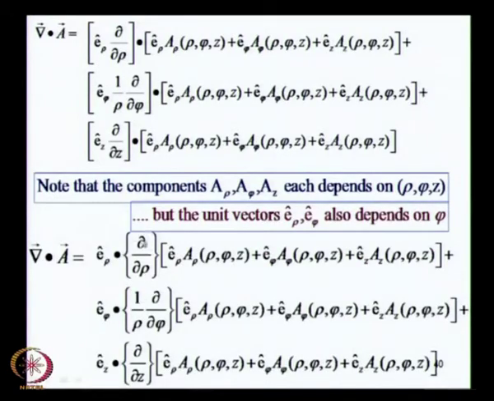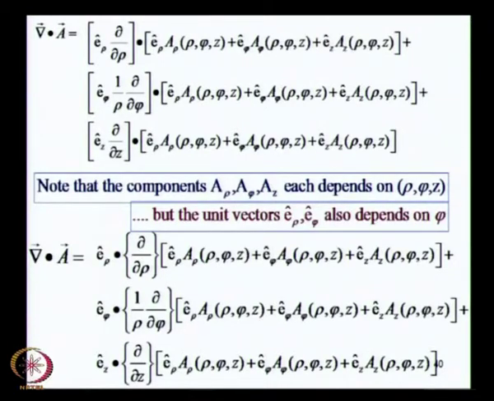So, here we go. You must first take the derivative, this operation which is del by del rho. Let us just look at the first term. You have to take the partial derivative with respect to rho of this entire thing. So, I move this derivative operator del by del rho to the right of this dot, so that I can carry out the derivation of the product of e rho and a rho with respect to rho, holding phi